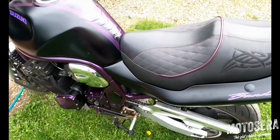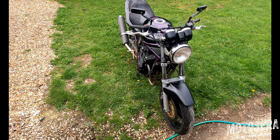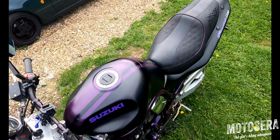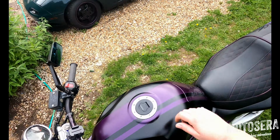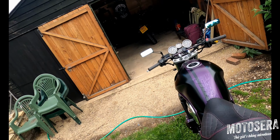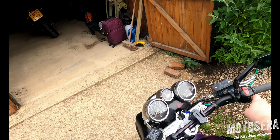So the next thing we're going to do is check the lights. We'll start off with the headlights, then we'll check the indicators, and then the brake lights. So pop the lights on. So this is side light, tail light, and number plate lights, headlight dipped beam, headlight main beam,